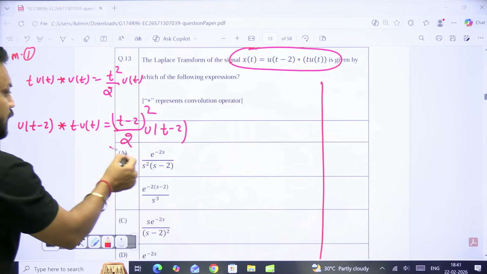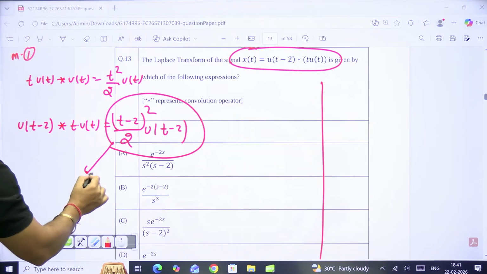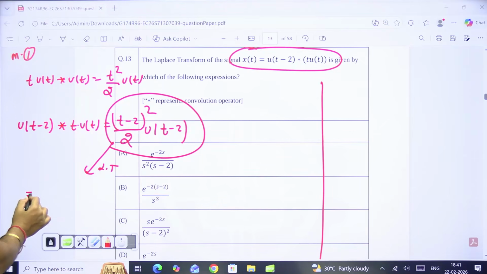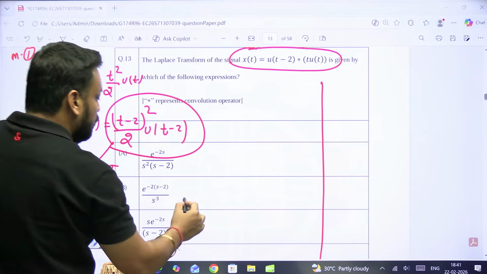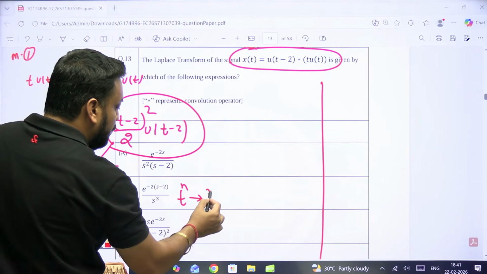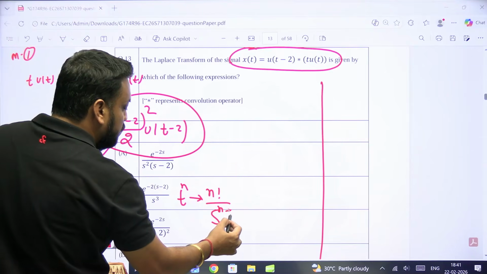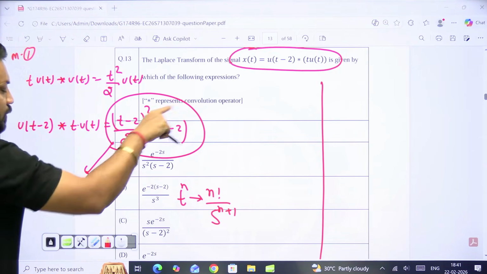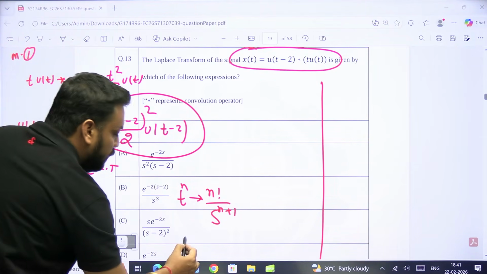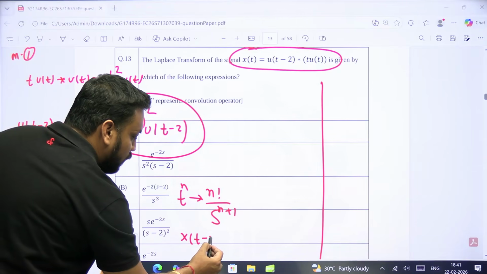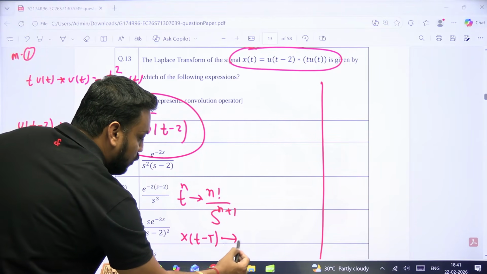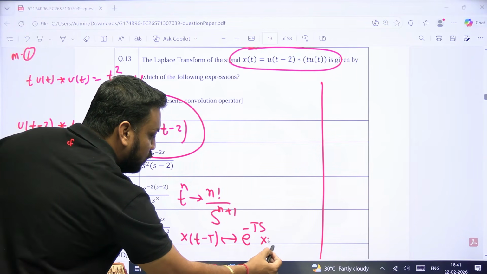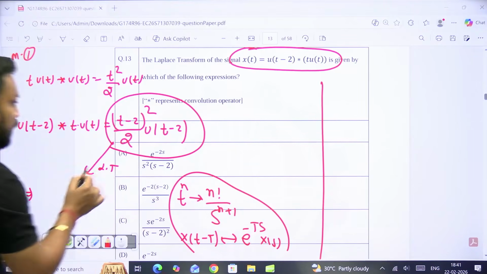और अब आपने ये पूरा convolution निकाल दिया, अब आपको इसका Laplace निकालना है। तो बताइए Laplace क्या होता है? t की power n का Laplace होता है प्यारे बच्चों factorial n upon s की power n plus 1। और time shifting मतलब same sign will be in the exponential। अगर time shifting की बात करें तो अगर x(t) का Laplace X(s) है तो x(t minus T) का हो जाता है e की power minus T s into X(s)।